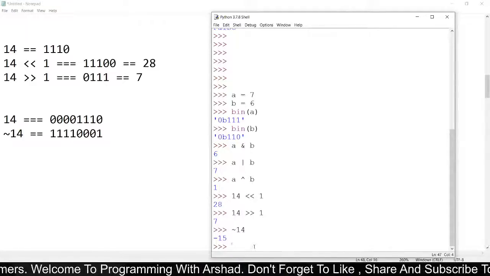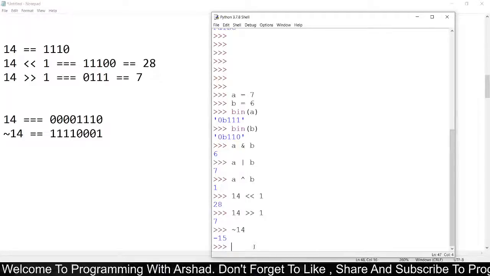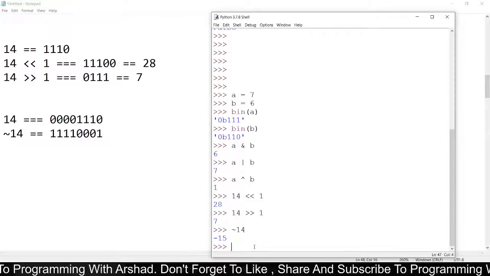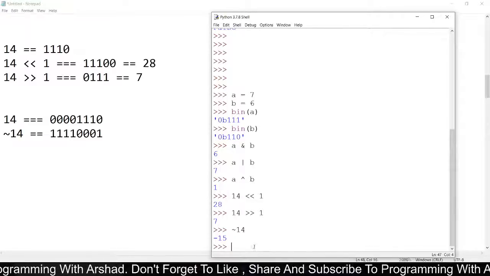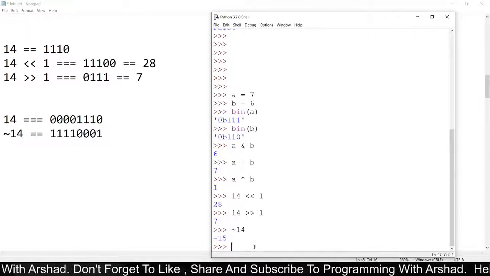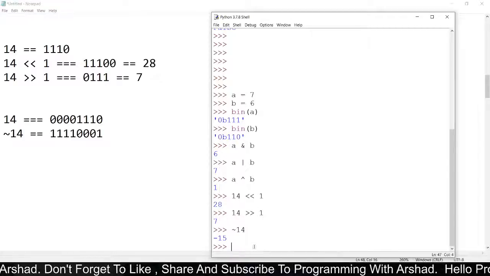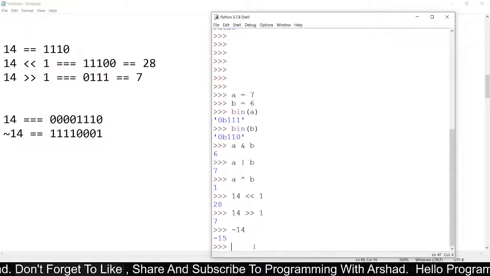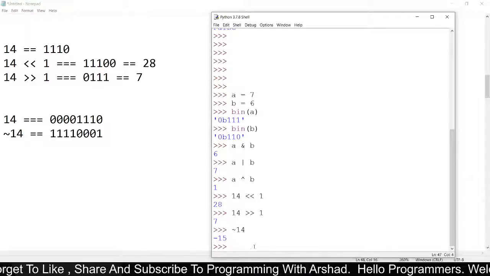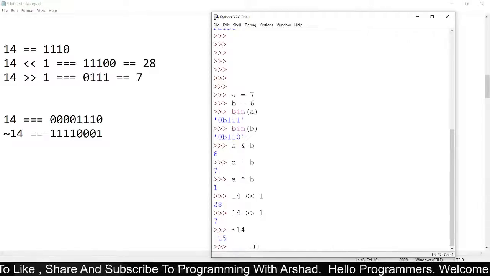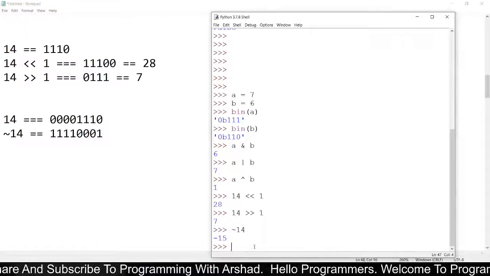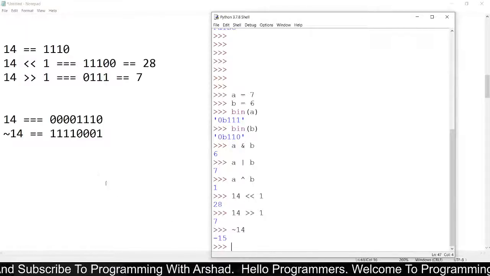Here the computer won't store negative values, but we can find the value. Before getting into this, we must learn the concept of 2's complement. Now, to get the answer, we must perform 2's complement for this number 15.